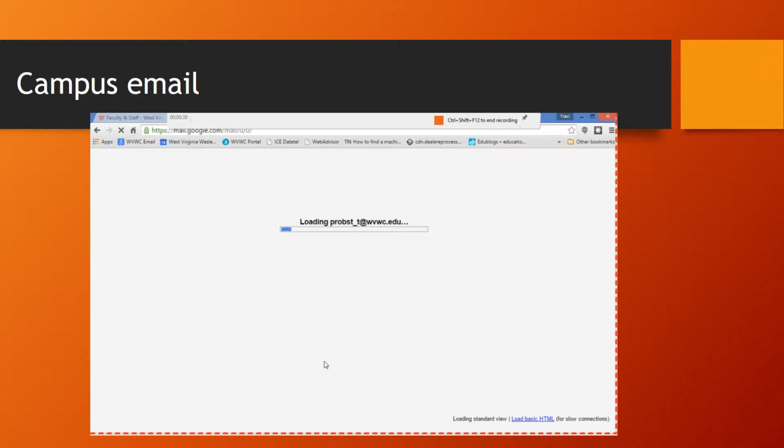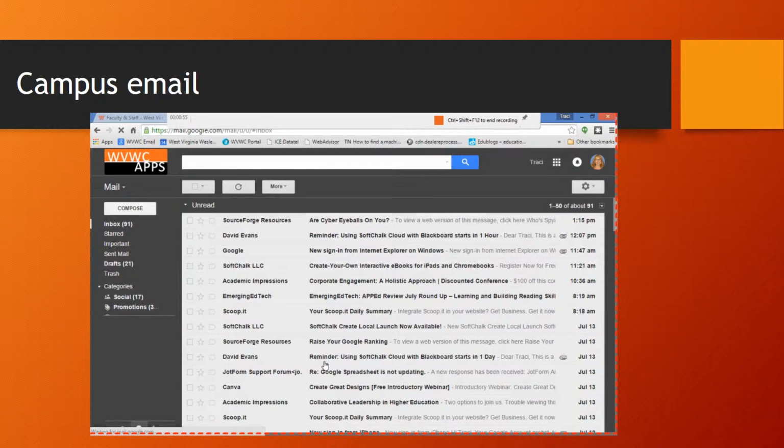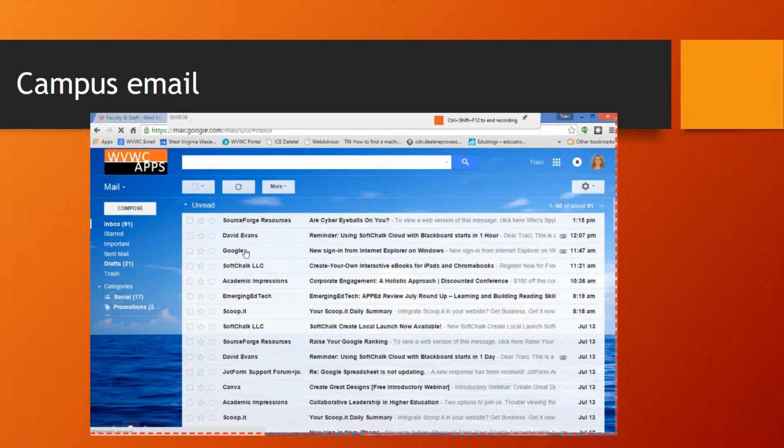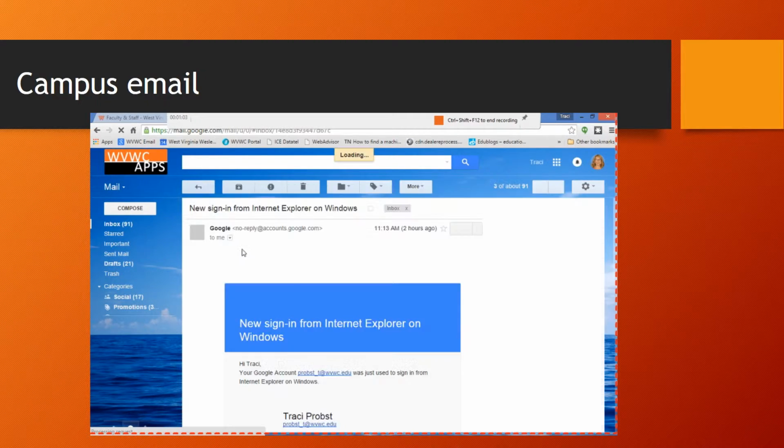The campus tends to send out emails almost every day, so you want to check your email often to make sure that you don't miss any of the special events that are happening or some kind of a due date. The other thing about Gmail is that they call their folders labels, and you can create your own folders or your own labels. So to make this toolbar appear, I click on an email to open it, and then you'll see at the top this bar across the top that has the folder icon. If you click the down arrow by the folder icon,